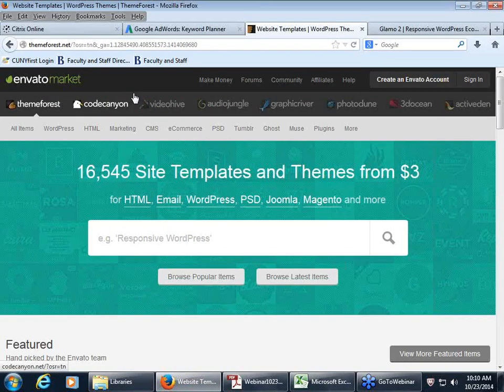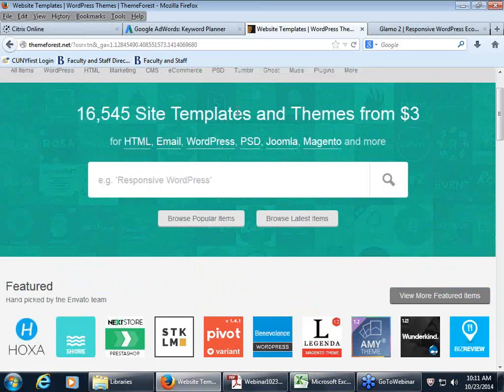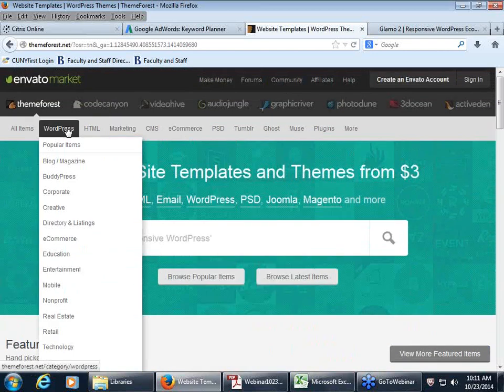I want to show you ThemeForest. ThemeForest is one of the biggest marketplaces for WordPress themes. They also have a myriad of other repositories and libraries of tools that you can use for photos, vector art, audio samples, videos, and bits of code that you can use. But ThemeForest itself has templates that you can buy. Most of them are under $100. Very many of them are under $20. And the breadth of templates that they have really meets most needs.